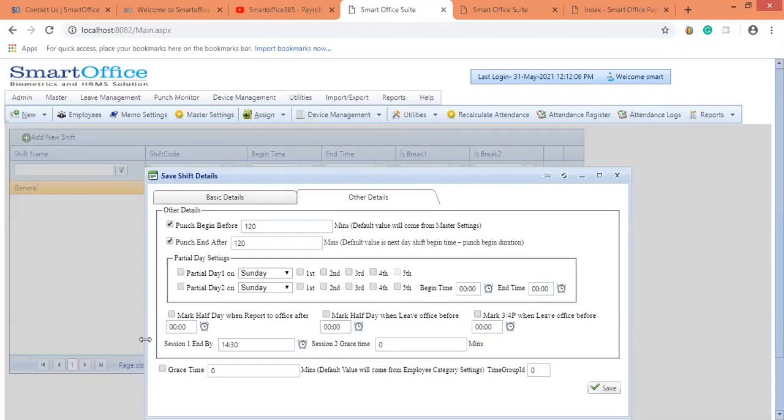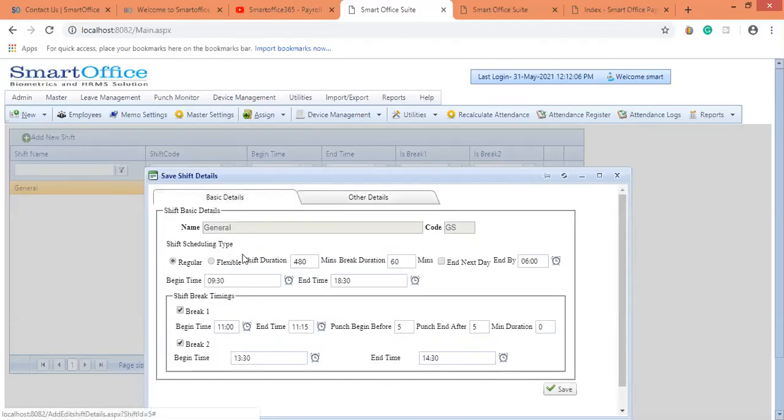So there might be a chance of employees coming earlier than the shift begin timing, and also there might be a chance, if they are doing the OT or if they have some work, they will be going later than the shift end timing. Suppose they may go at night 8 o'clock or 7:30. So anyhow, the biometric machine will accept your punches whenever you do it, because we are not going to limit anything in the biometric machine.